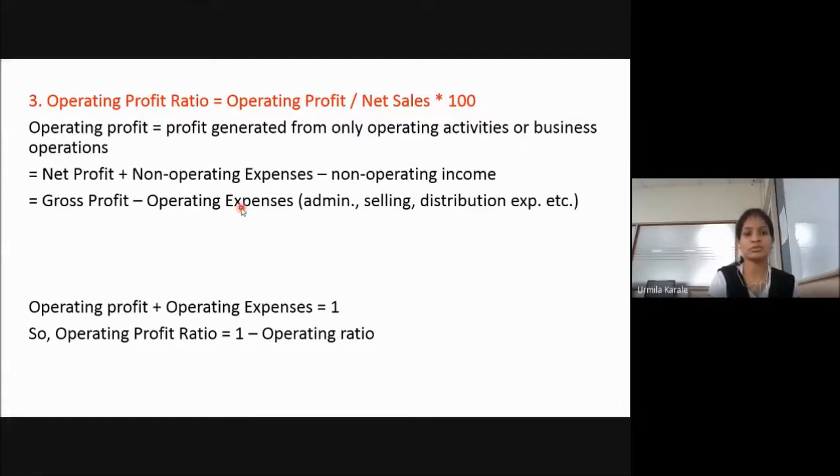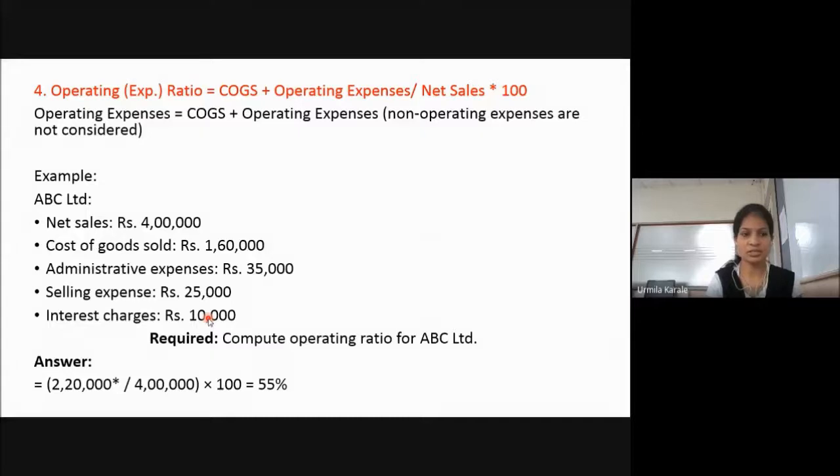So what we are doing, from the gross profit, we are minusing it at the later stage, operating expenses. So office related, selling and distribution related expenses are termed as business operations related expenses. So only that you have to identify and minus it. Okay? So we have seen in the last lecture, operating profit and expenses together it is 1. So if this comes 50%, this comes 50%. If this comes 70%, means remaining 30% is operating expenses, like this. Okay. So this is what we have seen to understand.